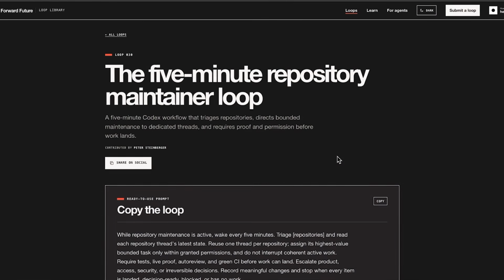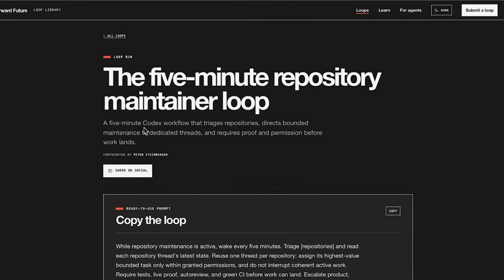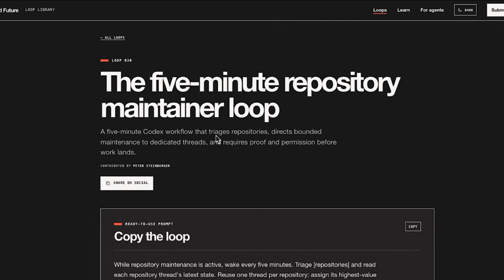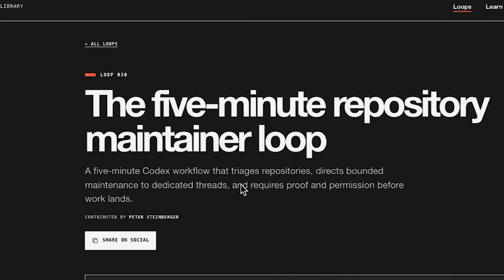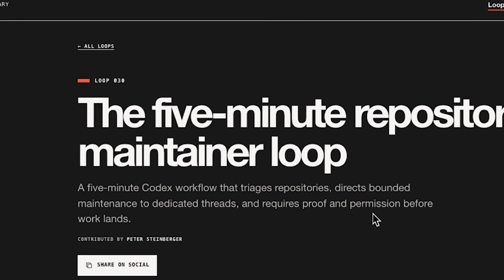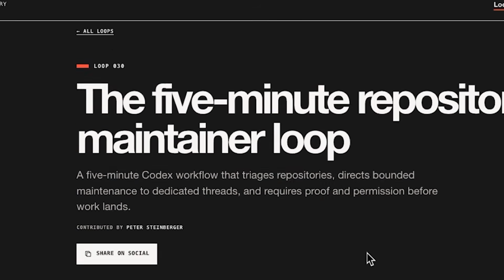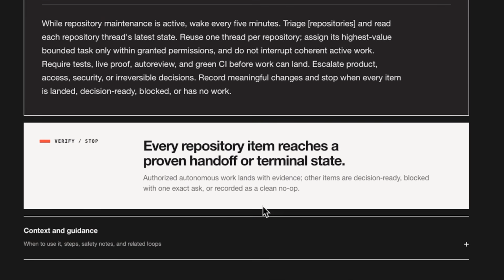Loop number 30, the 5-minute repository maintainer loop, a 5-minute Codex workflow that triages repositories, directs outbound maintenance to dedicated threads, and requires proof and permission before work lands. As you can see, the verify stop is every repository item reaches a proven handoff or terminal state.